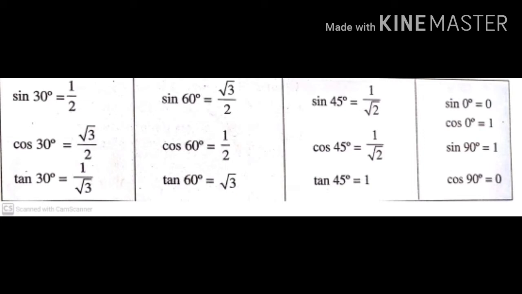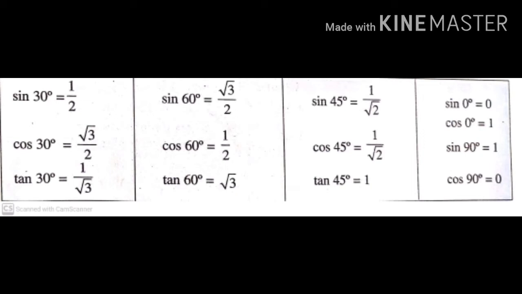So the values are same, like cos 30 is equal to sine 60. Now we see sine 45 is equal to 1 by root 2, cos 45 is equal to 1 by root 2 and tan 45 is equal to 1. Now here sine 45, cos 45 values are same because 45 plus 45 is 90. So there they are forming complementary angles, 90. That's why they are equal.